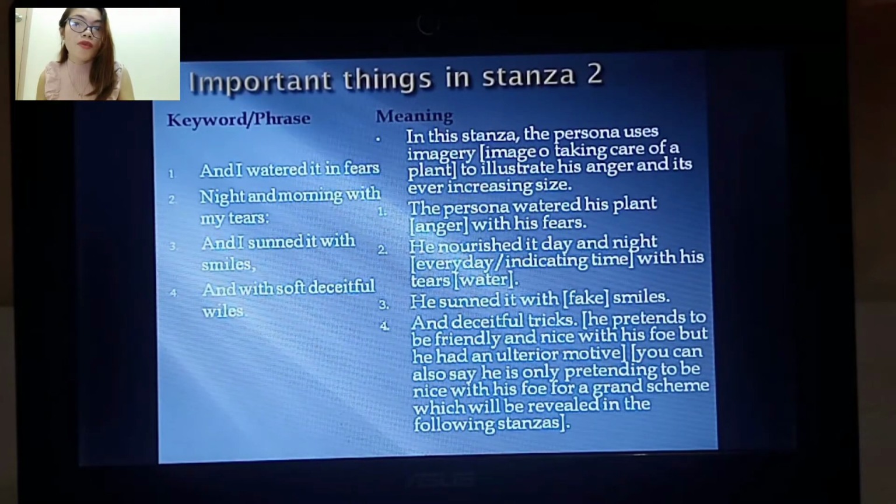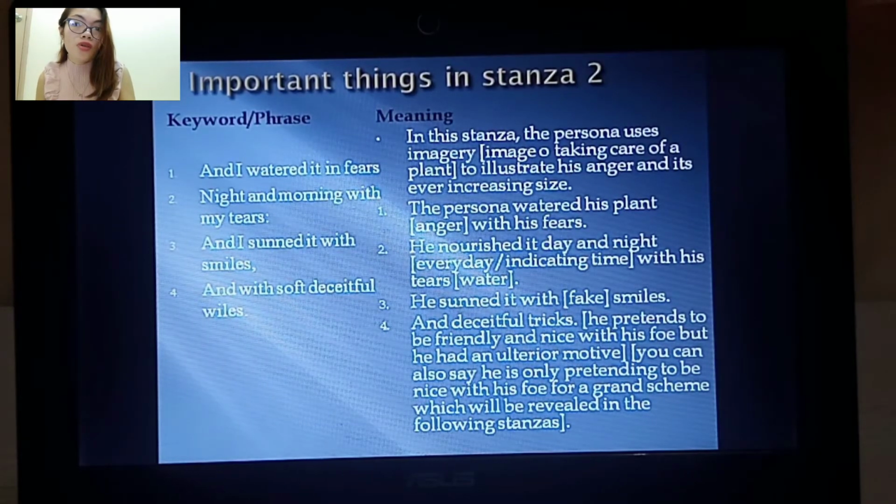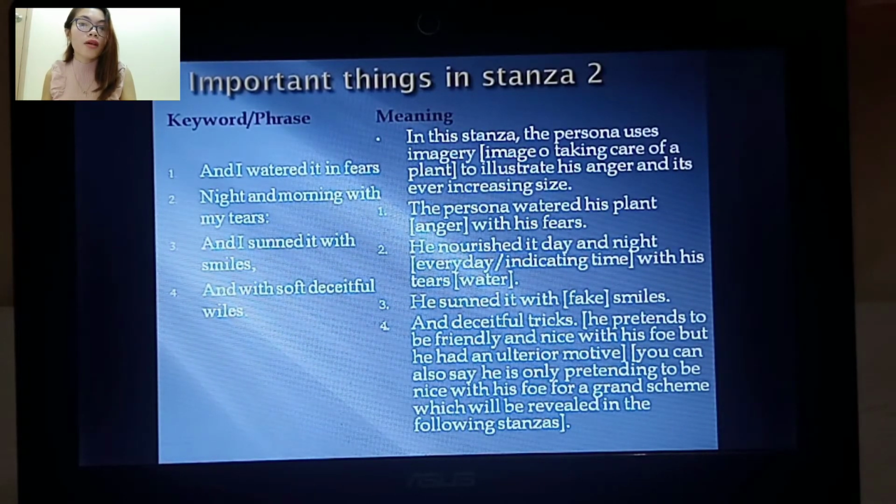He pretends to be friendly and nice with his foe, but he had an ulterior motive. So you can also say he is pretending to be nice with his foe for a grand scheme, which will be revealed in the following stanza. Okay, so to sum it up,